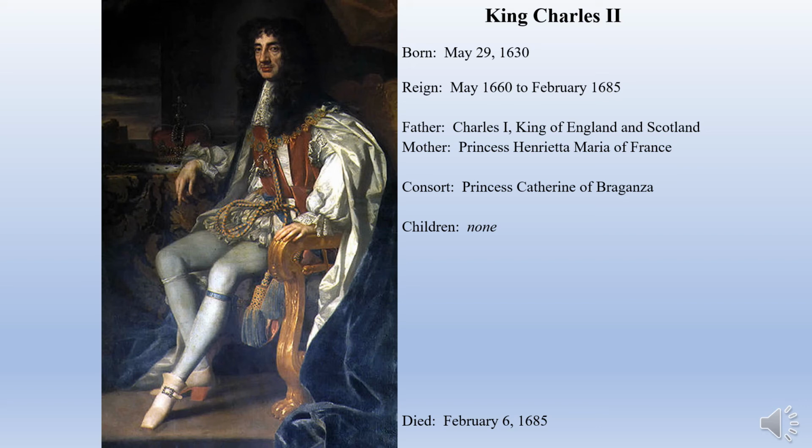He also promised to share power with Parliament as a condition to being restored to the throne, and that is a promise he kept. He showed the English people that he had learned from his father's mistakes. But unfortunately, in 1685, at the age of 51, King Charles II will die unexpectedly, and he will be succeeded by his brother, James, the Duke of York.